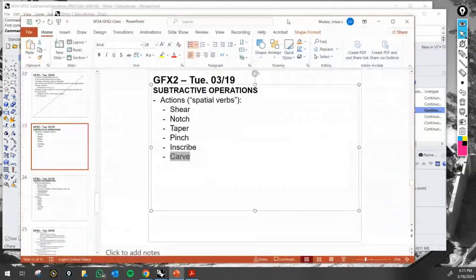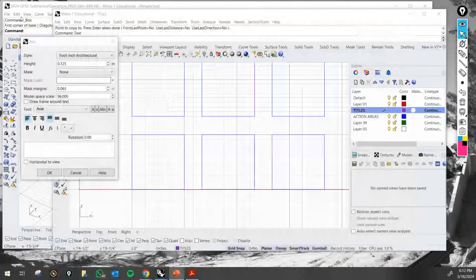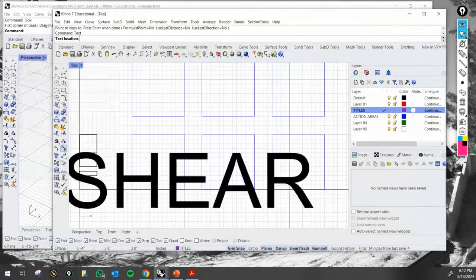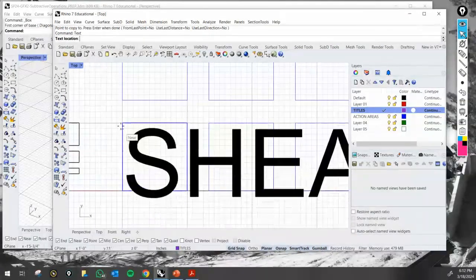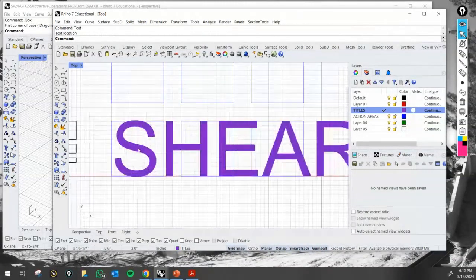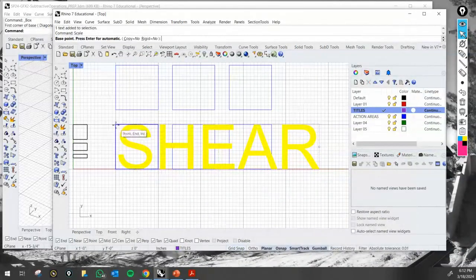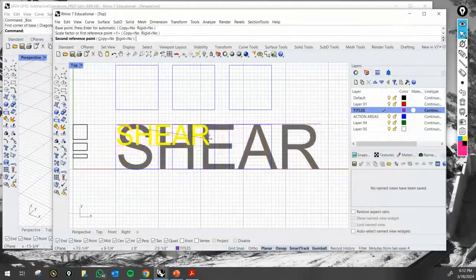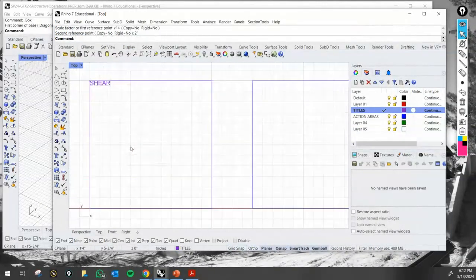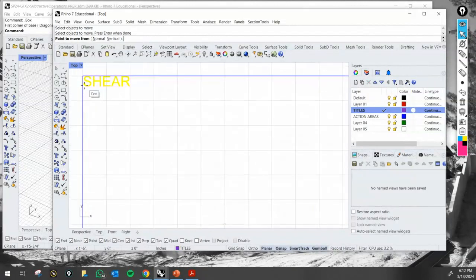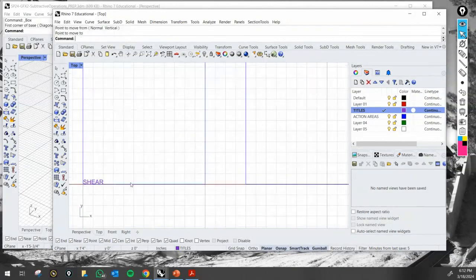And here I'm gonna put this on my next screen. So shear. You press Control Enter, brings in the text. It's really big, so we can actually scale this down from there to there. We can make it 2 inches, and that should be good. Yeah, maybe not that small. Let's see, I'm gonna move it right here from that end. If it wants to snap, there you go. We'll move it right there,